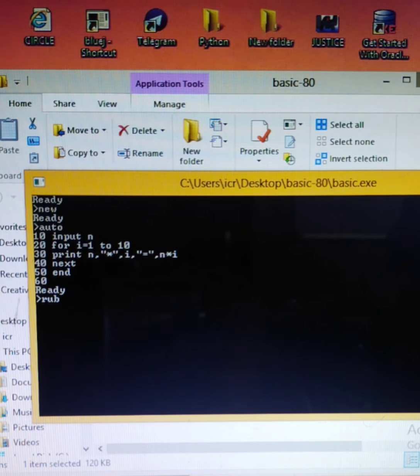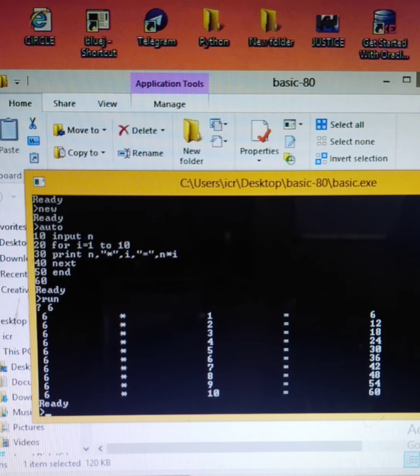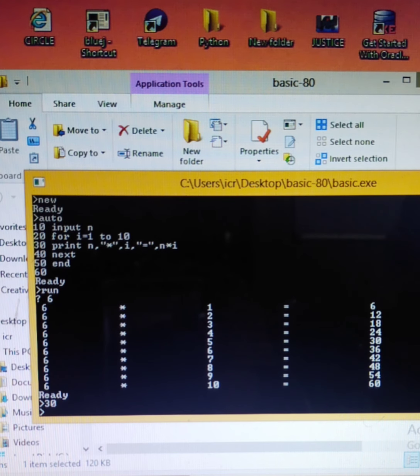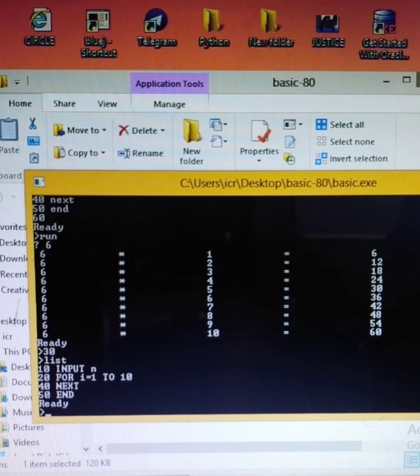So now if I run this program and give here 6, the entire table of 6 will be printed. Now if you see, there is a lot of space in this program. I can do only one thing: if I write here 30 and I list this program, line number 30 is empty.